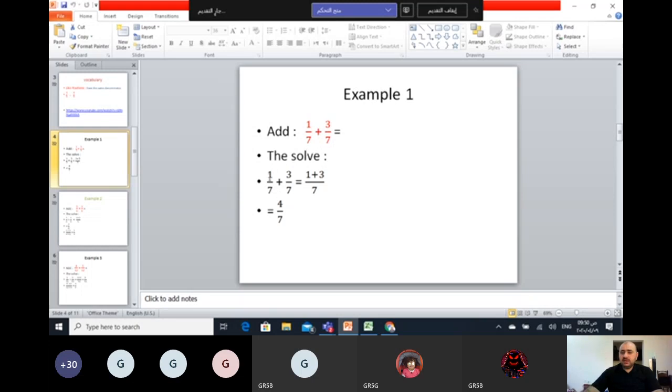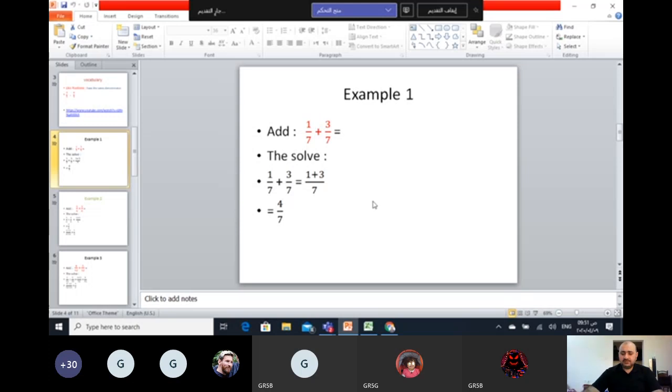The rule says when you have the same denominators down, it means you have like fractions. So put down the same denominator. Here 7, here 7, so put the same denominator. Then add the numerators. 1 plus 3 will be 4. So the result here is 4 over 7. When I see the same denominator, I can directly say 1 plus 3 will be